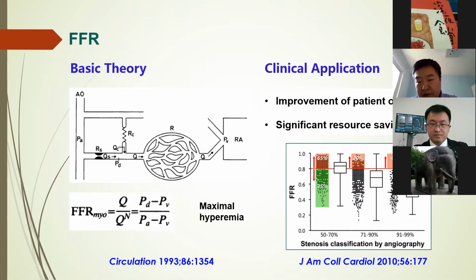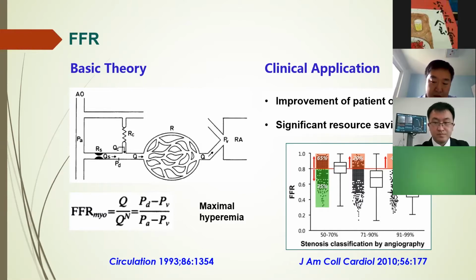For example, the FAME clinical trials have shown the FFR can improve patient outcomes with significant resource saving. FFR is very good to determine the myocardial ischemia. If FFR is smaller than 0.8,